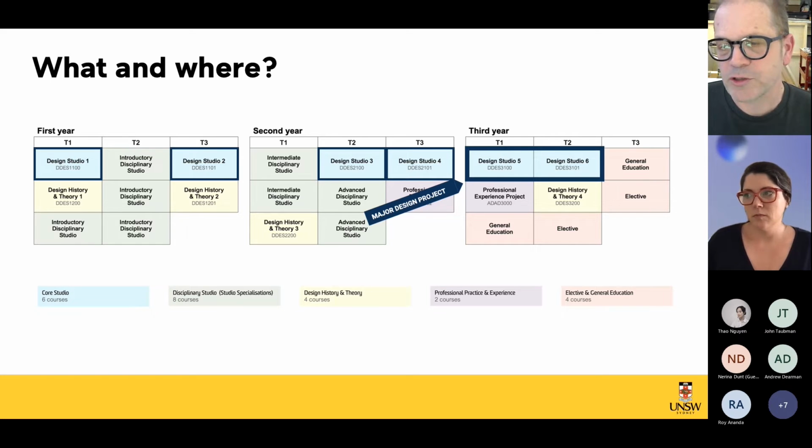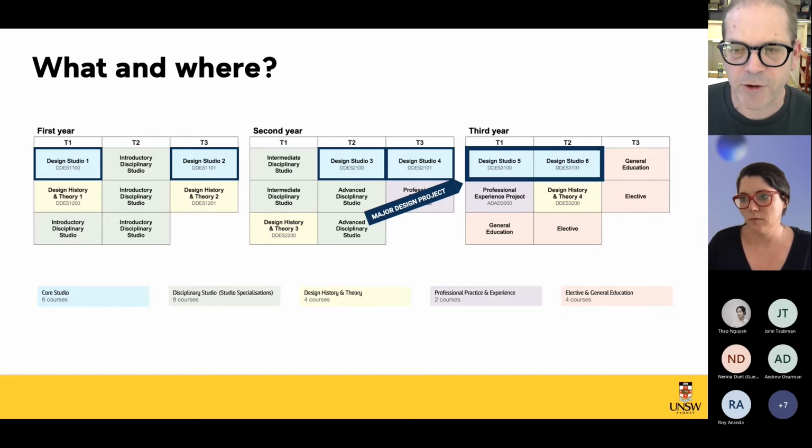In the core studios, students will learn to apply foundational design principles, industry practices, methodologies, and skills in interdisciplinarity. These core studios are designed to develop the design thinking and approaches of the students, and high-level skills in collaboration, giving and receiving constructive critique, ethical practice, and the further graduate attributes necessary for contemporary design practice. This paper reflects on Design Studios 5 and 6, which combine to create the students' graduating major project,